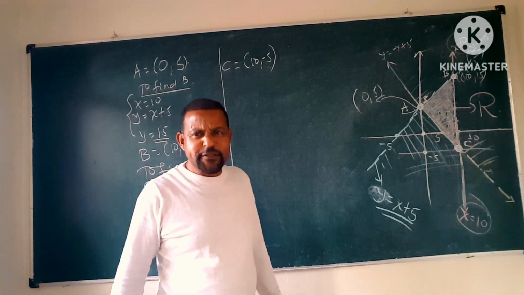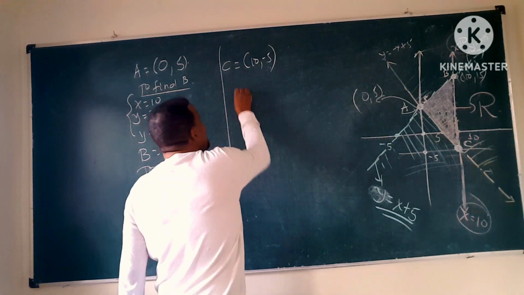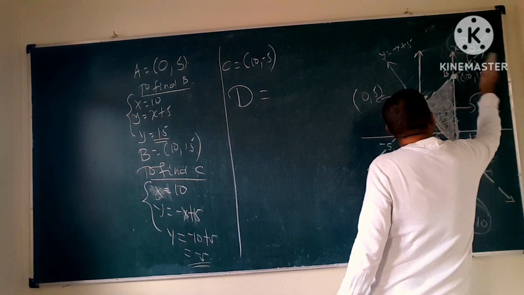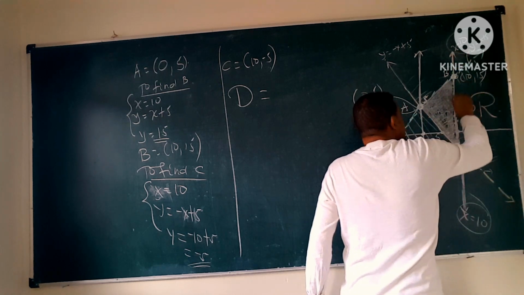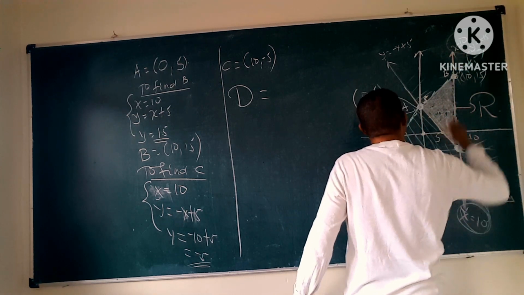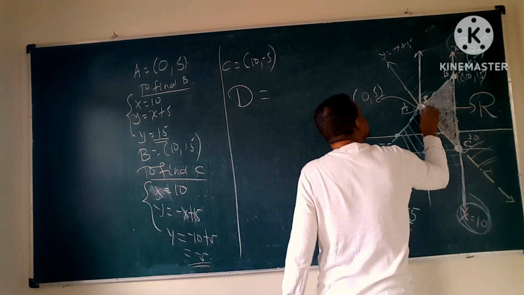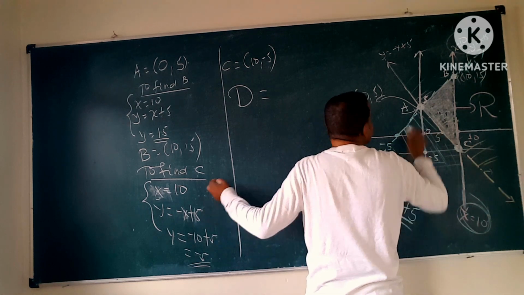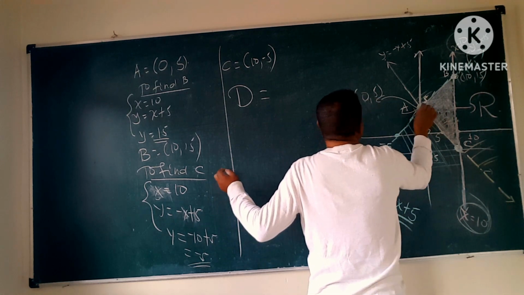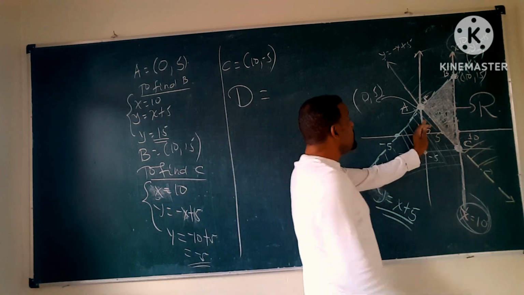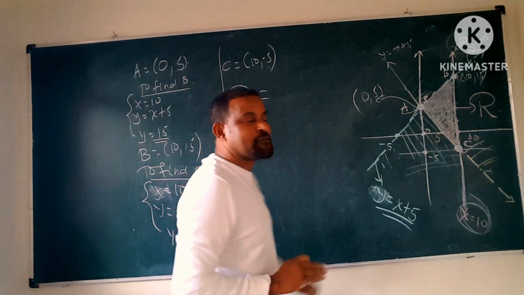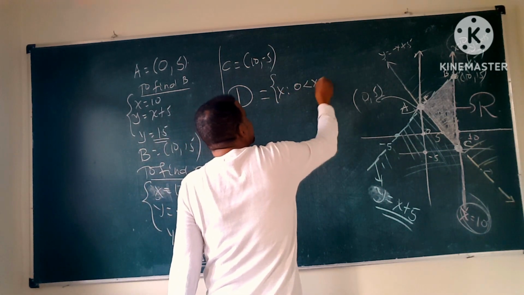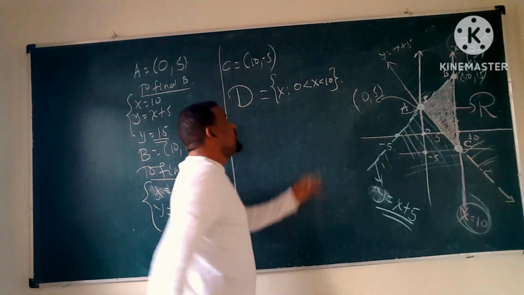ኦኬ አሁን ተመልከቱ እንግዲህ፣ so what's the domain? ዶሜኑ ተመልከቱ፣ በዚህ በኩል ከዚህ ማለፍ አይችልም፣ የx ዋጋ እዚህ ጋር 10 ነው፣ ከ10 ወደዛ መሄድ አይችልም። በዚህ በኩልስ እዚህ ጋር ታጥሯል፣ ከዚህ ወደዚህ ማለፍ አይችልም፣ እዚህ ጋር ያለው x ዋጋ 0 ነው ብለናል አይደል፣ A ላይ ያለው x ዋጋ 0 ነው። ስለዚህ ዶሜናችን በ0 እና በ10 መካከል ታጥሯል ማለት ነው። So the domain is the set of all x such that 0 < x < 10።